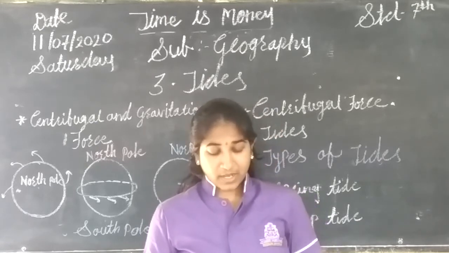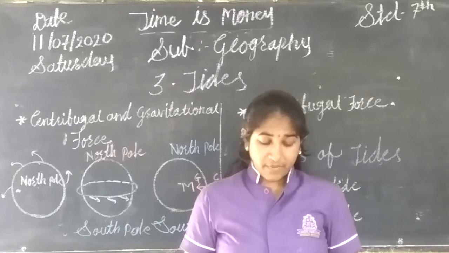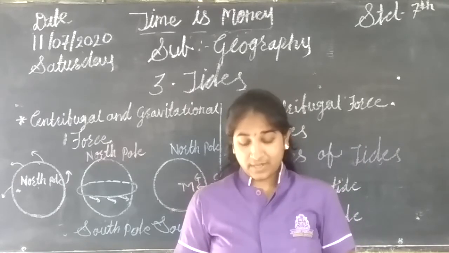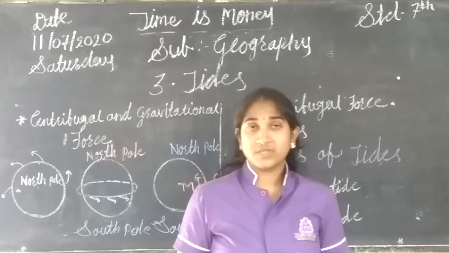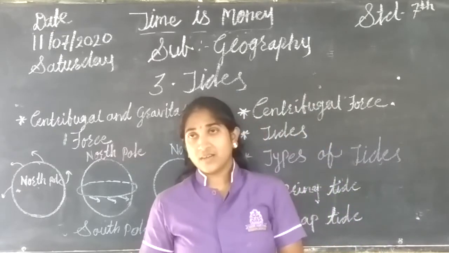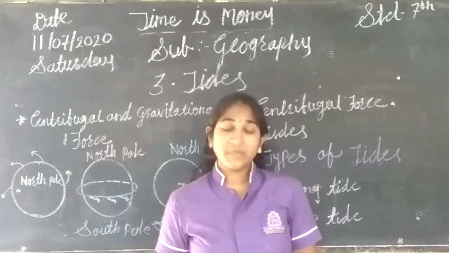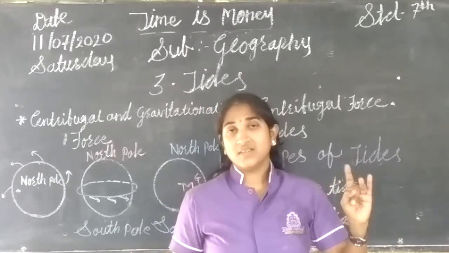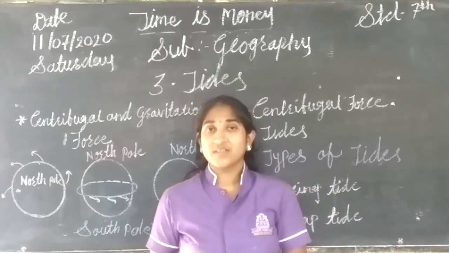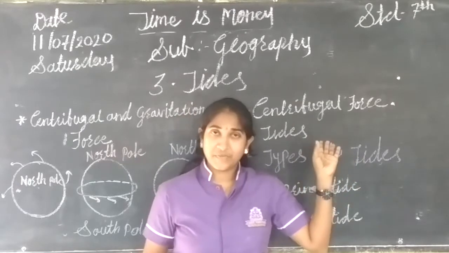This regularly occurring event appears to be quite simple and natural. However, it is directly related to the sun, the moon and the earth, and the gravitational and centrifugal forces that interact with each other. See, all these tides occur because of the earth, moon and sun, that is because of the gravitational and centrifugal force. In this lesson we are going to study what is the centrifugal force.